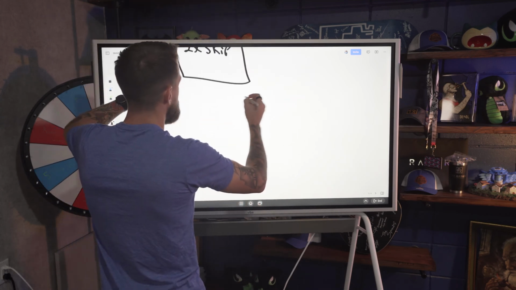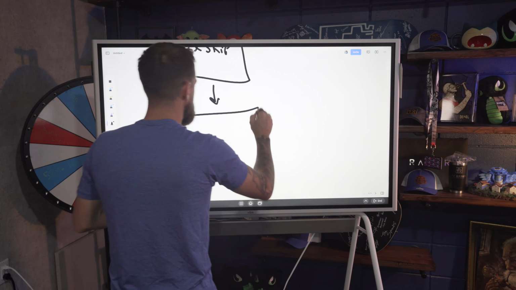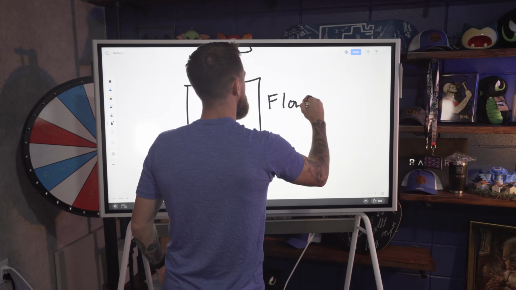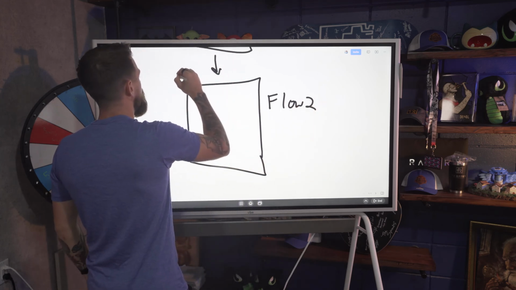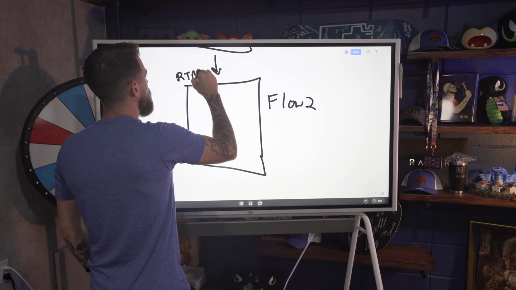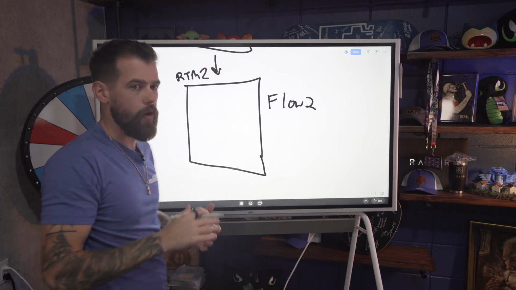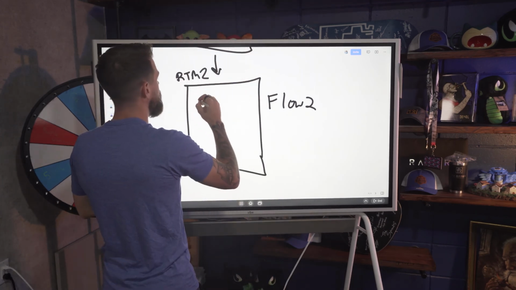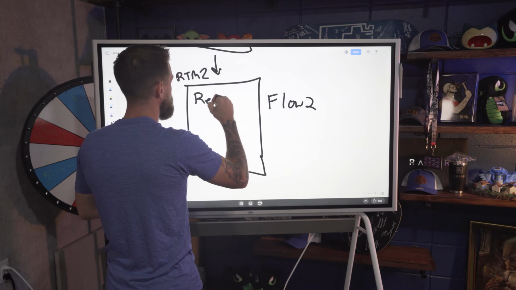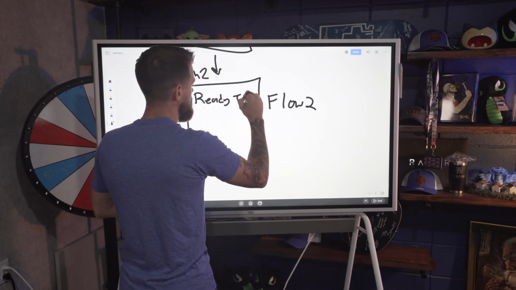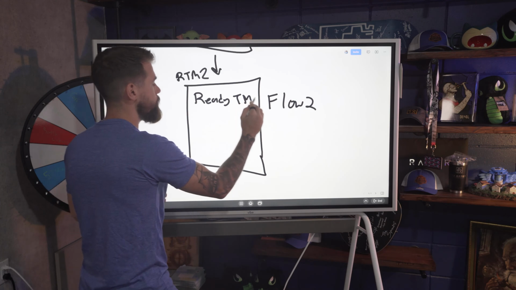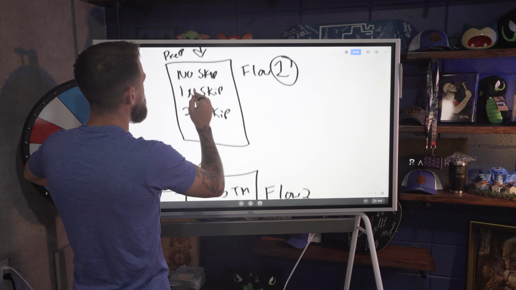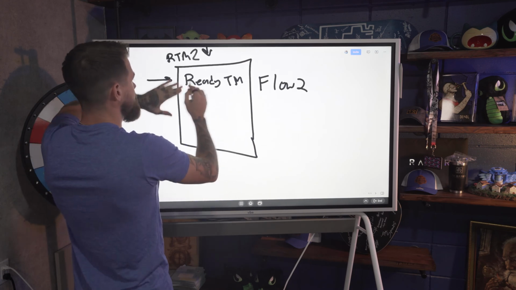That's flow 1. And that's going to move down into the next phase, flow 2, what we call ready to market 1. This is the very first time that you're actually going to be marketing to these records. We're going to have a few pieces of information here. We're going to call it ready to market, and I'm just going to put TM here because I don't have space. This is where all of those new records that have phone numbers from our first prep phase are going to sit.